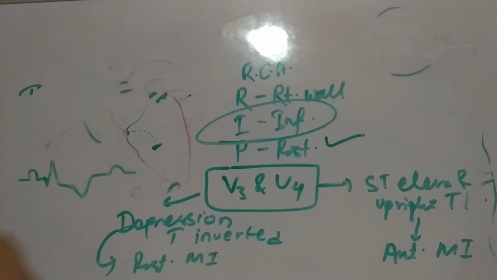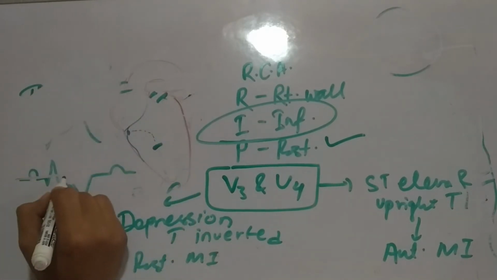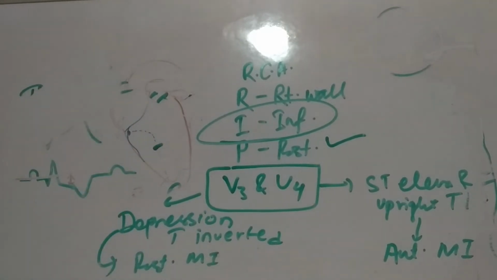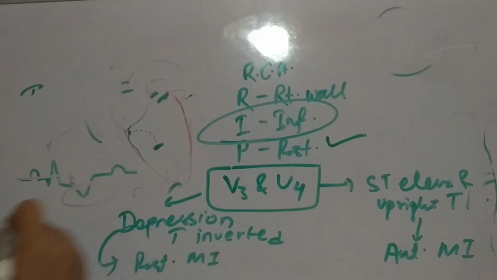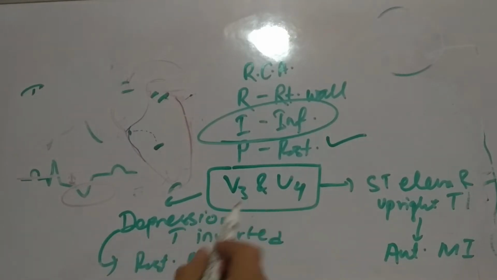So this is the PR segment, this is your isoelectric line, and you see here the depression of the ST segment, and the T wave is inverted here. So there will be depression of the ST segment and T wave inversion in V3 and V4, then suspect posterior wall